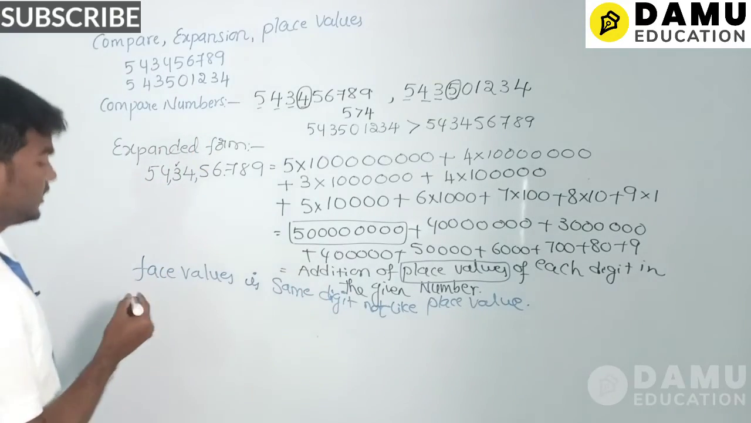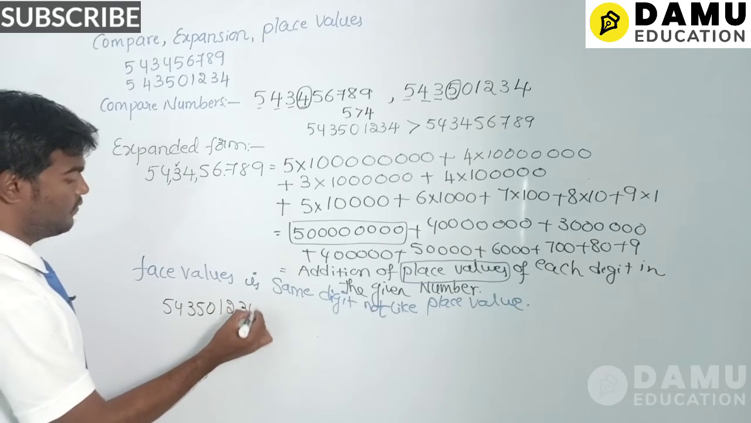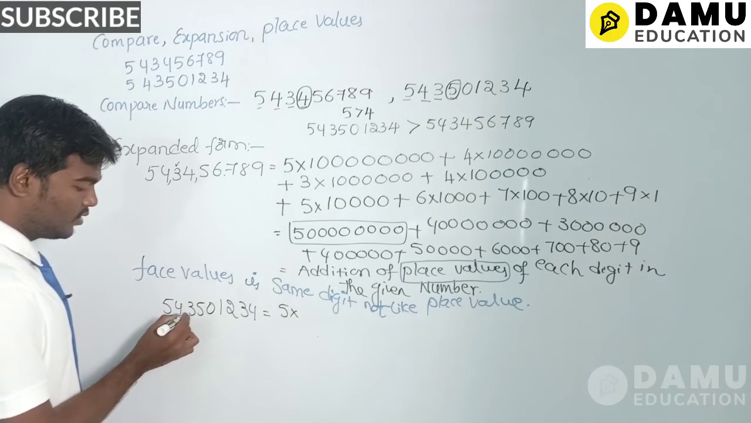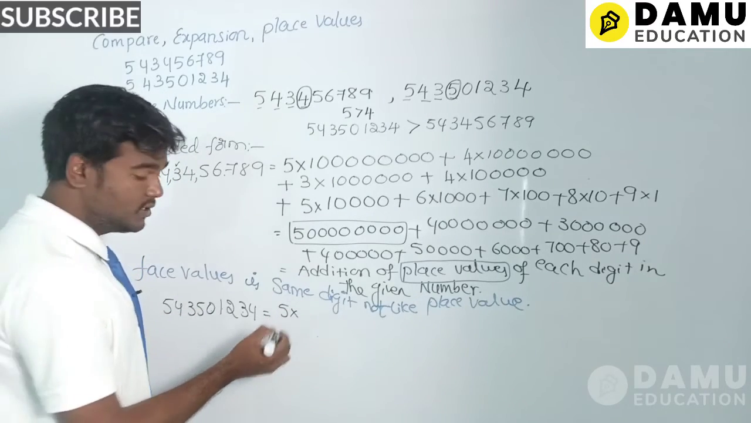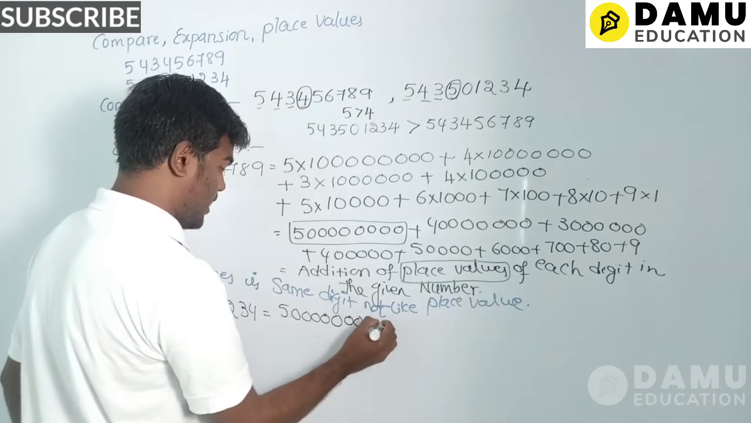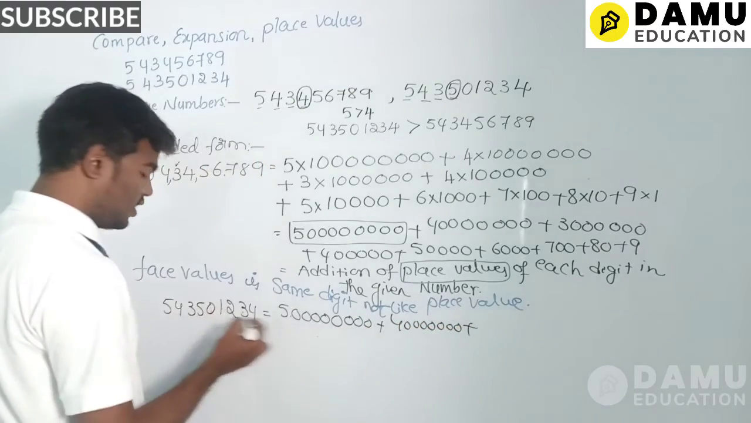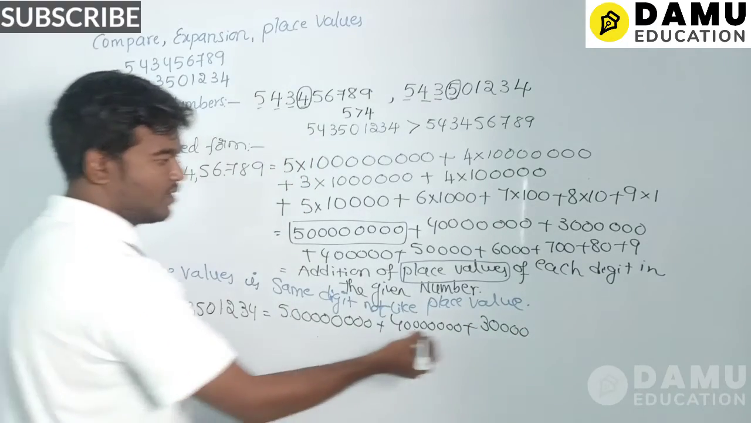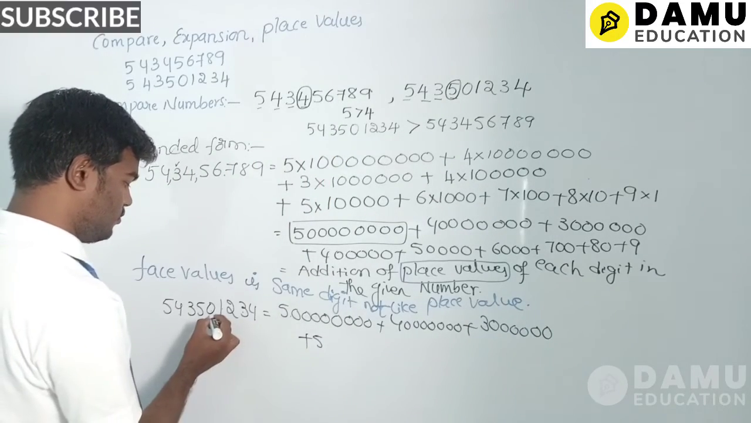Let's take another number, that is 5 4 3 5 0 1 2 3 4. So 5 means how many places are there? 1 2 3 4 5 6 7 8. So for that, 8 zeros. Can you write it like this? Yes, directly we can write it. 8 zeros. For 4, 7 zeros. So 7 zeros plus 3. 3, how many zeros? 7 already over. 6 zeros. Then for 5, 5 zeros